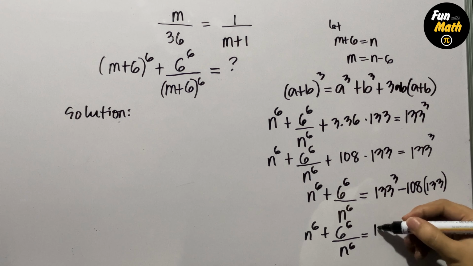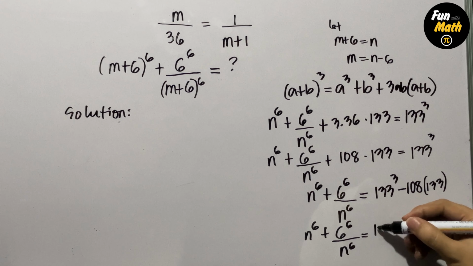We are left with 133 squared. 3 minus 1, there is a power of 1 here in the constant, so 3 minus 1, that is 2. Now, negative 108 times 133 divided by 133, this can be cancelled and we're left with negative 108. And now for this, we have n^6 + 6^6/n^6 equals